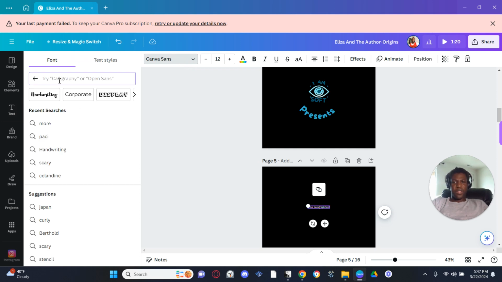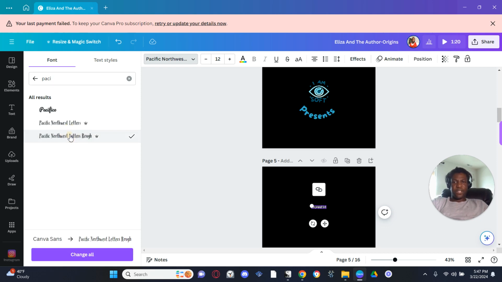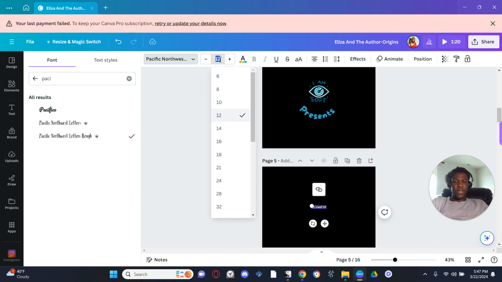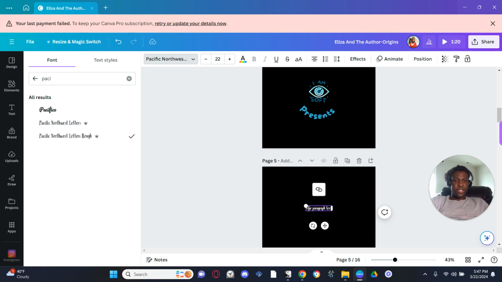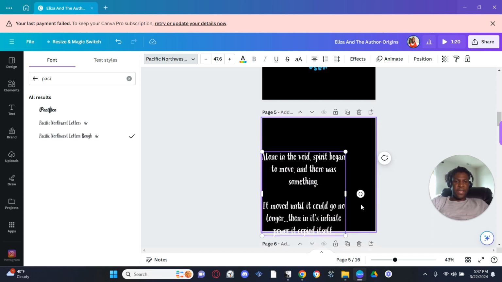Oh, we need to get this so that the style is standardized. So I don't want to have to do this every single time. So change all. We're just going to change all, change across your design suite. Now we're going to do, as a baseline, let's do 22 as a baseline size, right? Just so we have that. Then we're going to stretch that text out. And then we're going to type, alone in the void, spirit began to move. And there was something,